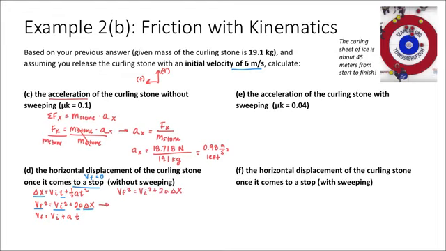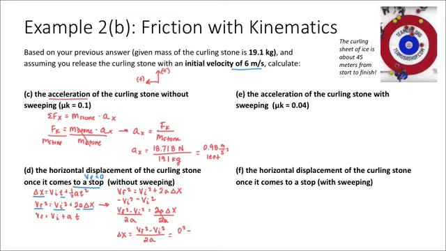If I take my equation, I immediately see that I have a vi squared term being added here, so I'm going to subtract the vi squared from both sides. So that's vf squared minus vi squared is equal to 2a delta x, and then I want to get delta x by itself, so I'm going to divide by 2a. I always do my addition and subtraction before my multiplication and division. So my delta x will be equal to the final velocity squared minus the initial velocity squared over 2 times the acceleration, which if I plug in my values, I would get 0 squared minus